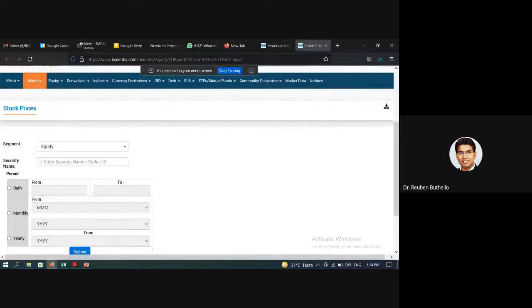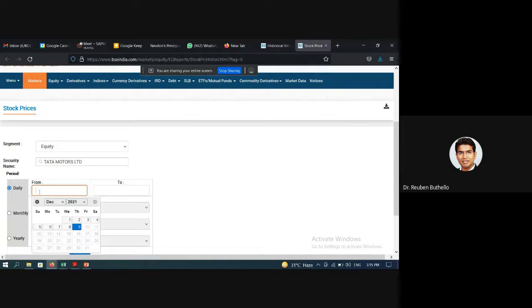Give me a stock that you would like me to do. Which stock should I take up? Okay, Tata Motors. There you have it. Tata Motors. I want the daily stock